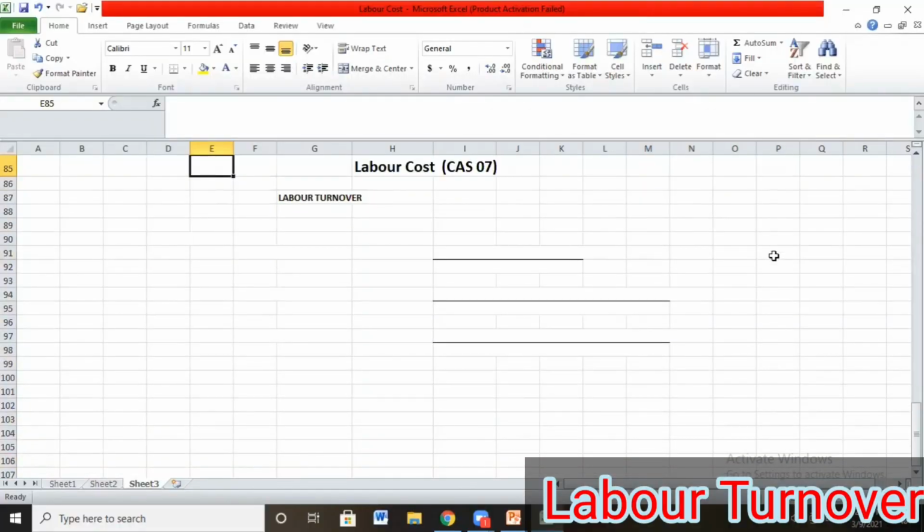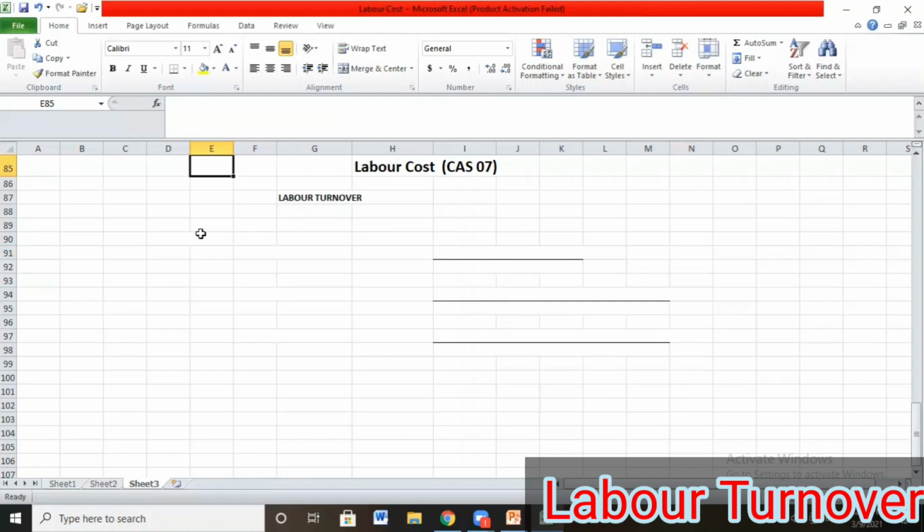Now we need to understand the concept of labor turnover. Basically, labor turnover in an organization is the rate of change in the composition of labor force during a specified period measured against a suitable index. The standard of usual labor turnover in the industry or locality or the labor turnover rate for the past period may be taken as an index or norm against which actual turnover rate is compared.